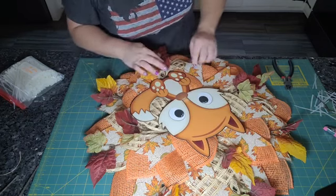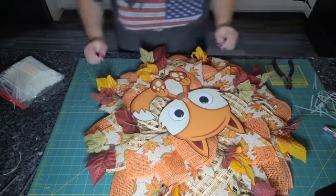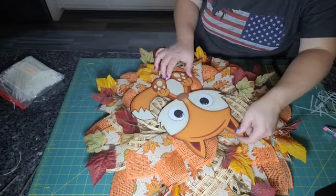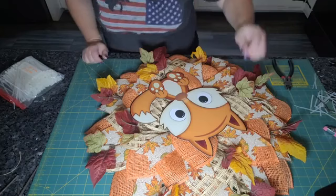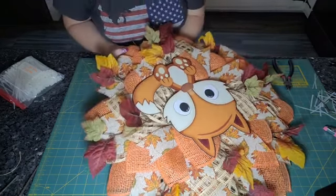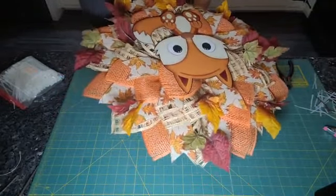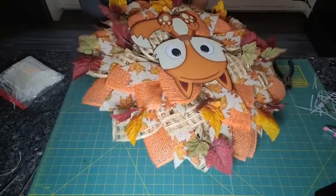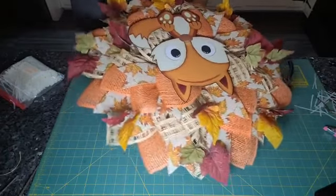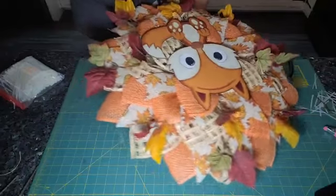And I might actually work with him just a little bit more. But for right now, let's go with him like that. Okay, let's go with him just like that for right now. Give me just a second, let me tighten him really quickly. I'm just gonna tighten him enough to stick him on there so that he stays when I hold him up. And then we'll put a hanging hole on him. And we'll go back in and